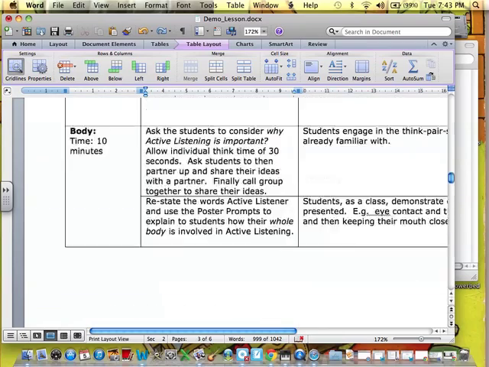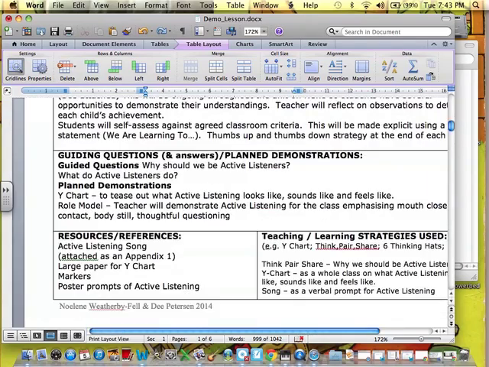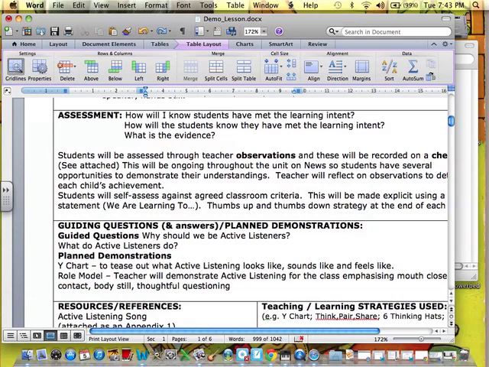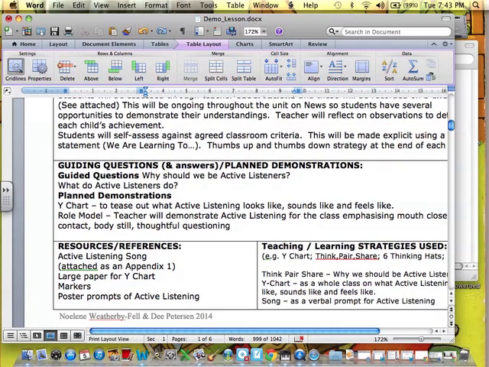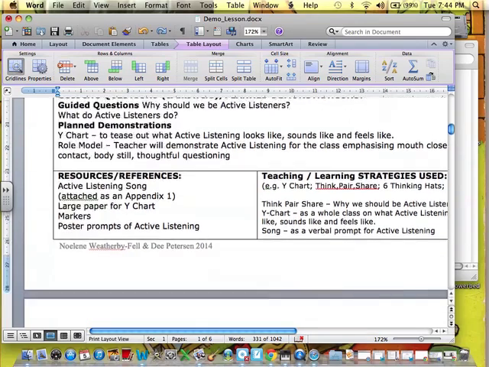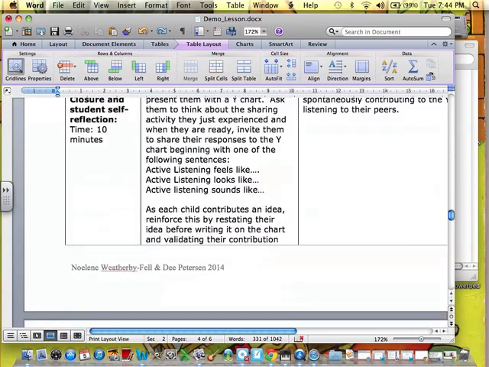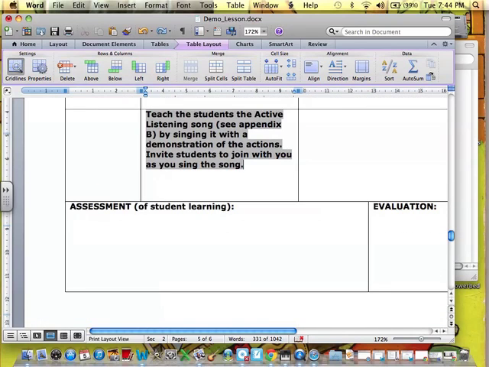Now at this point I've got to go back up here and check that I'm doing all the things that I said I wanted to do, because I know there was a guided question here. See, I've covered why should we be active listeners. We've done a lot of talk about that. But at the end, I'd like to ask this question again. What do active listeners do? So maybe here at the end, this song, the reason I've chosen that as my means of communication, is because it's rhyming and it's got actions with it. So I think it's an effective form of communication, because then I'm going to challenge the students